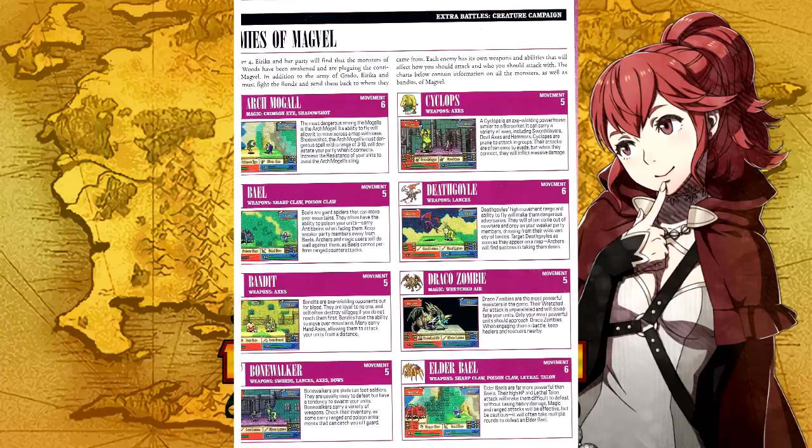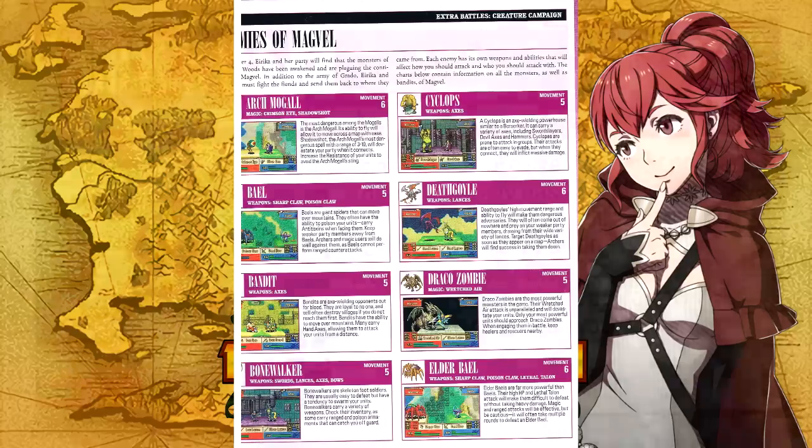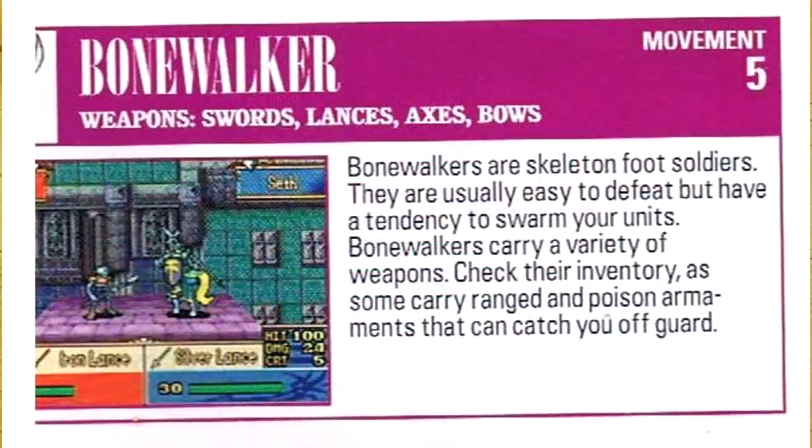The bandit one, the bandit problem I pretty much went over, but there's a couple more I want to point out to you. So Bone Walker. Bone Walkers are skeleton foot soldiers. They are usually easy to defeat, but have a tendency to swarm your units. Bone Walkers carry a variety of weapons. Check their inventory, as some carry ranged and poison